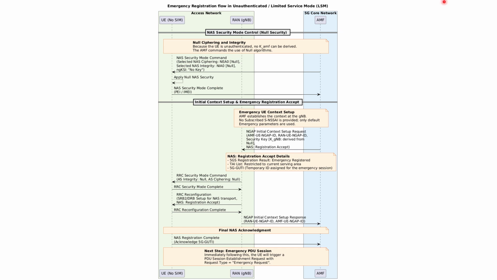Okay, so normally this is where the AMF and UE lock down the control plane with heavy encryption. Because here the AUSF and UDM are entirely bypassed, there is no master security anchor key, like KSEAF or the AMF key, KAMF, which were derived in the normal case. So in that case, the AMF is going to send a security mode command,